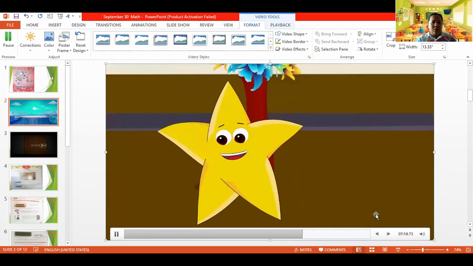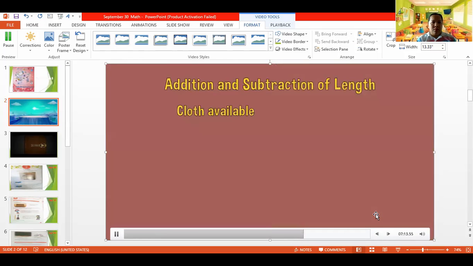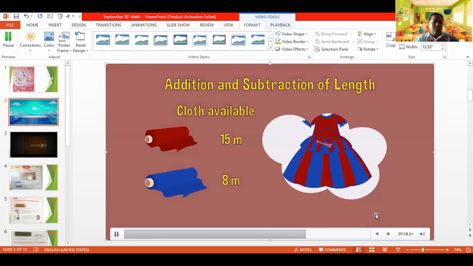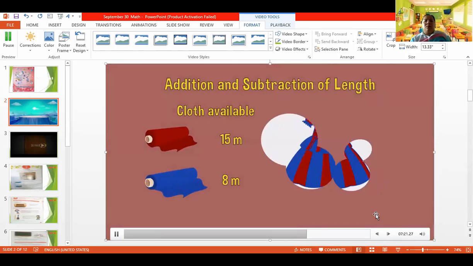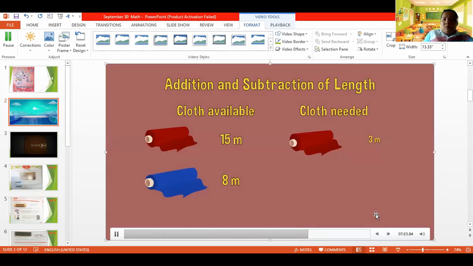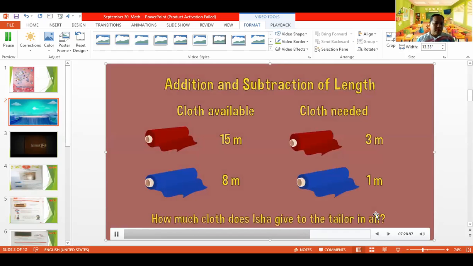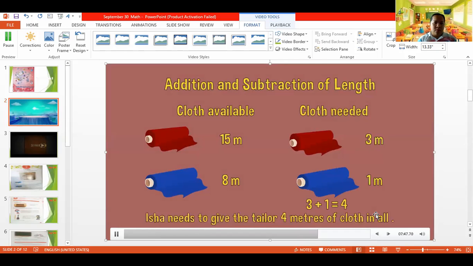Let me show you how. Isha has 15 meters of red cloth and 8 meters of blue cloth. She wants to stitch a tea dress for herself. The tailor said he would need 3 meters of the red cloth and 1 meter of the blue cloth to stitch the dress. How much cloth did Isha give to the tailor in all? As the length of both the cloths needed is given in the same unit, that is meters, we can add the numbers directly. 3 plus 1 is 4. Thus, Isha needs to give the tailor 4 meters of cloth